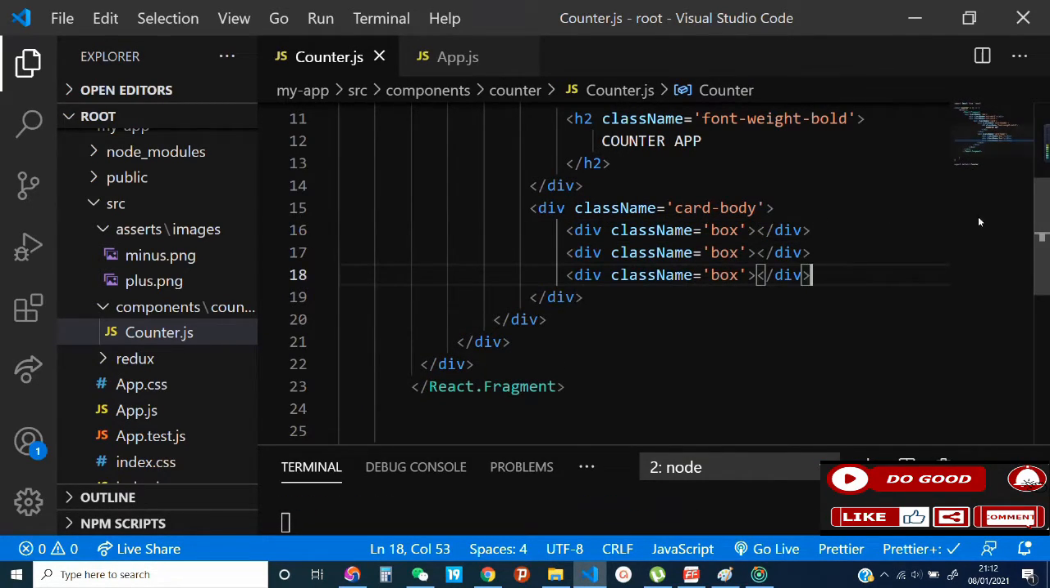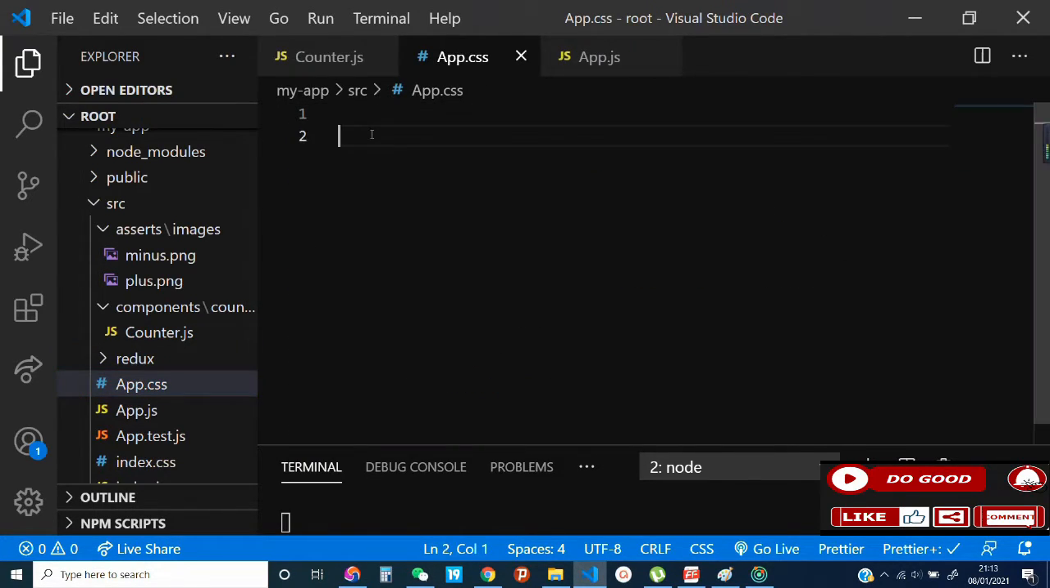1, 2, 3. Good. Now let's label them 1, 2, and 3. Now we are calling it box, meaning we have to create the height and width of the box. So let's go to our CSS and we say